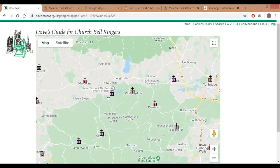So let's just think about this line of towers again. We've got Edenbridge. Let's imagine that Hever came back to us and said, sorry, there's a service in the church that day, or there's something else going on, or the people at Hever Castle have complained about bells and we can't ring them, or something like that. If we'd booked Chiddingstone for an hour and a bit later, we'd be slightly stuffed. We might be able to come down to Cowden and then up, but it's going to be quite tight with